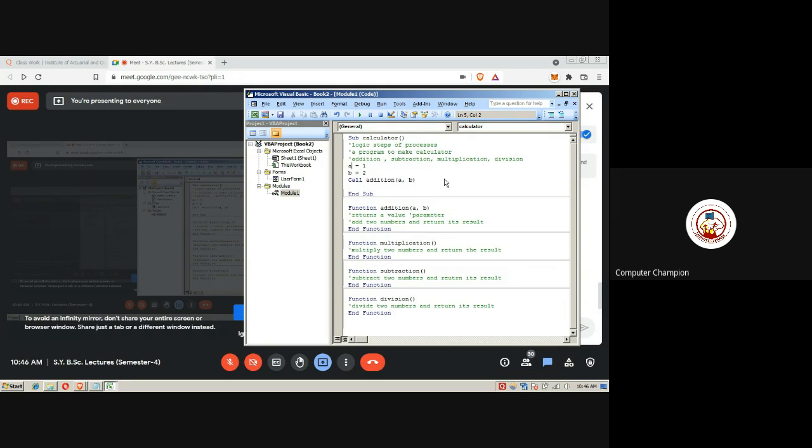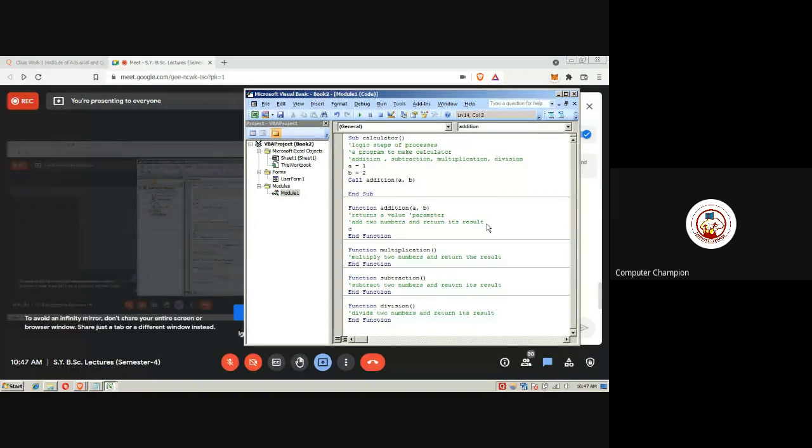Okay, so what this particular code will do, it will assign 1 to A, will assign 2 to B, and then it will call the addition function along with the parameters 1 and 2. So what the addition function will do, it will take these two parameters and assign A plus B to C, and it will return the C back to the routine from where it was called.